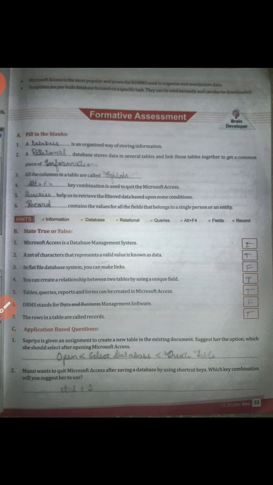So for fill in the blanks, you only have to write down correct answers. Don't copy statements, as I am sharing this page with you in this video. Question B is state true or false. First statement, Microsoft Access is a database management system. It is